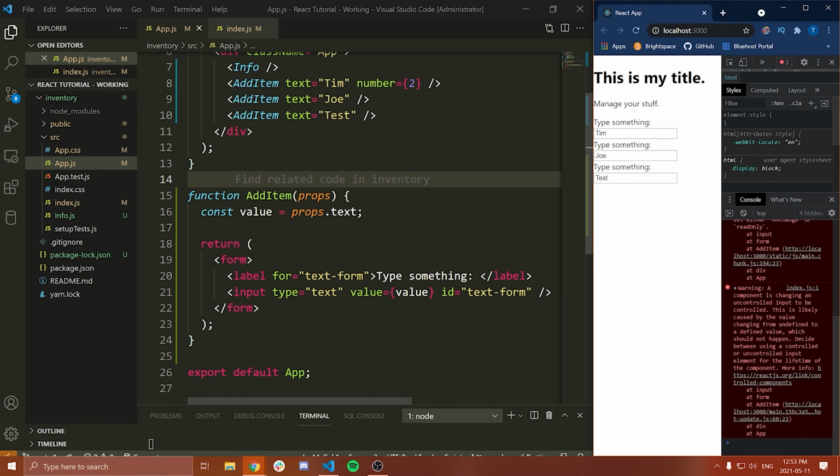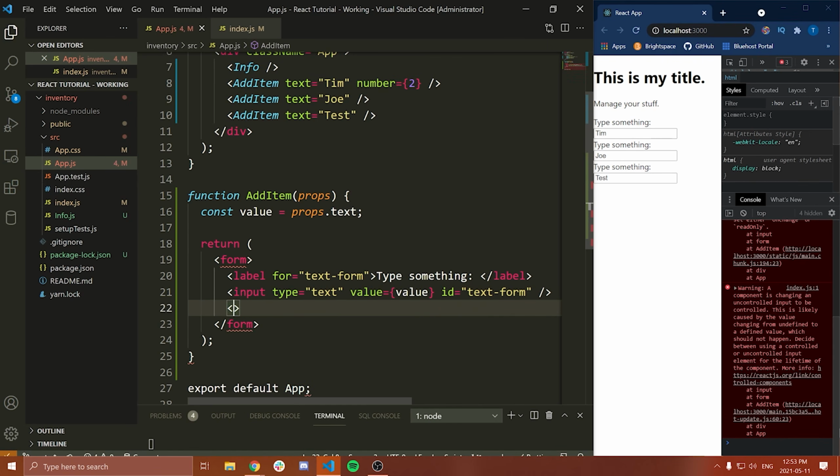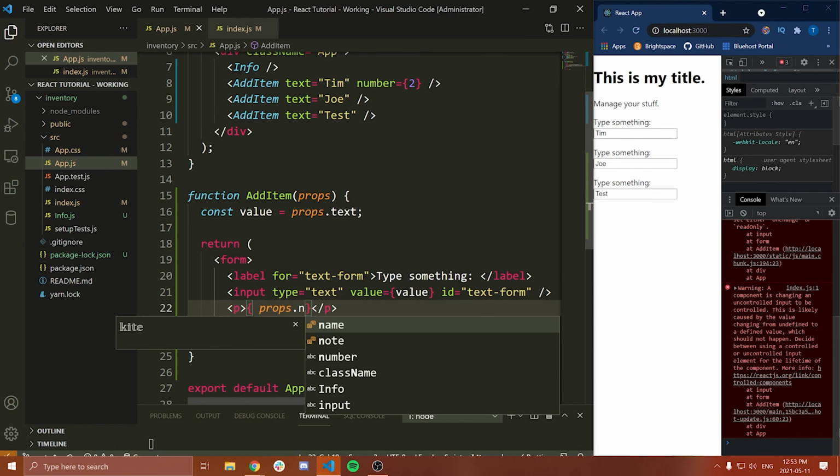So there you go. That is how you can actually access props and pass them through to a component. Really straightforward. I don't need to define exactly what props I'm looking to accept. I can just define this props variable here, then pass through a JavaScript object that has all of these props. React will automatically do this for us, and then we can access them as we please. Now, what I could also do is maybe render one of these props, right? I could do a p tag, and then I could do inside of here props.number.